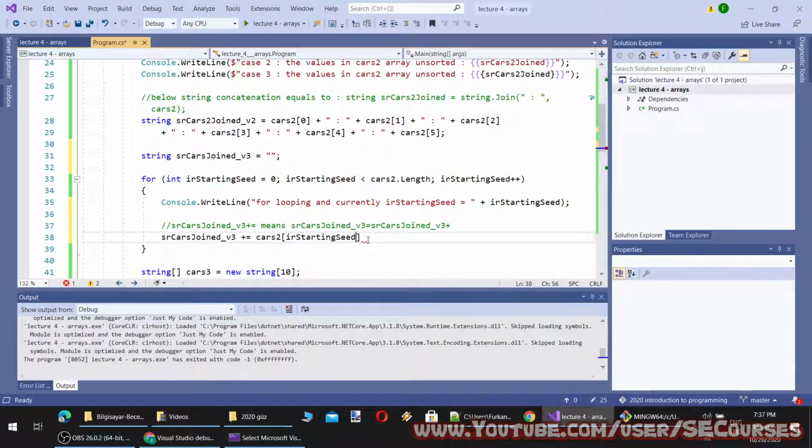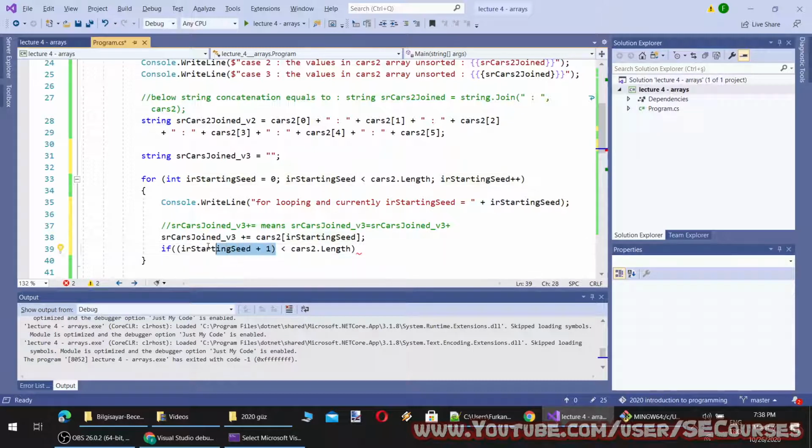Cars at a certain index plus, will be like this. If length. Okay, so this is the if statement, and this will be executed like this, so you will understand it.